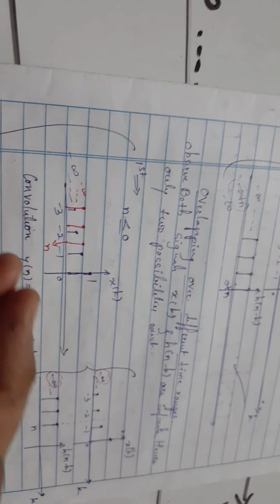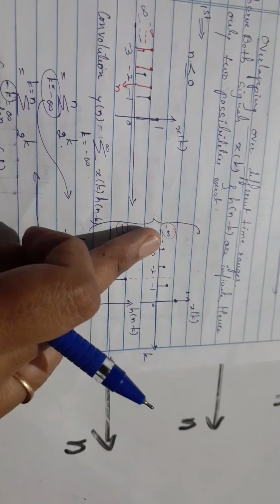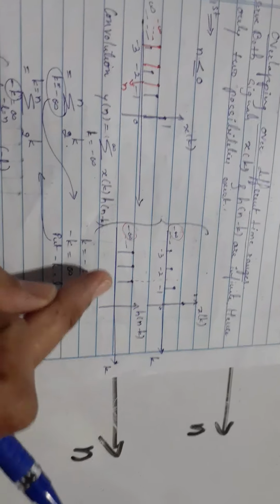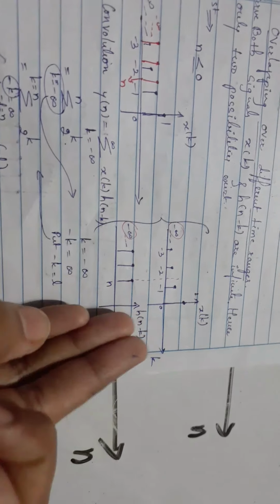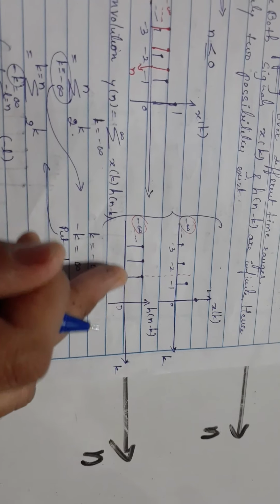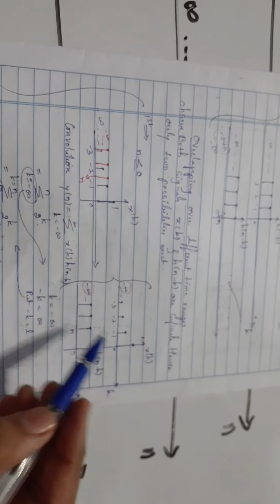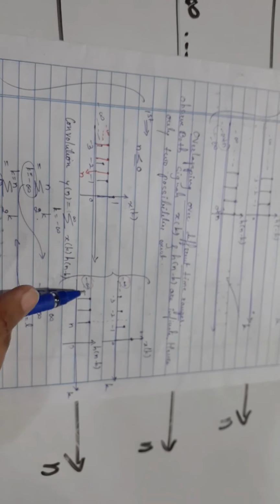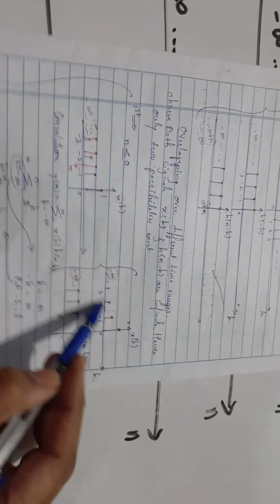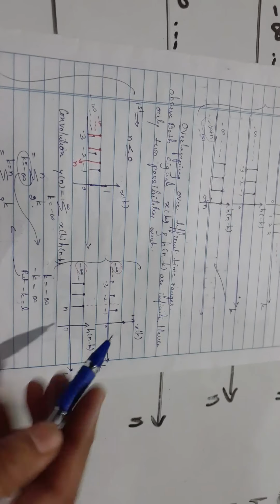Just to have the clear idea of the multiplication, let us try to draw the signals one below the other. This is your x of k drawn. Second signal I have drawn below, wherein I have kept the second signal h of n minus k before 0. This is your 0 point. Before 0 I have kept. You can keep anywhere. Now if you observe, what is the product available for you? Till what the product is available? If you observe, both signals are from minus infinity. So here both amplitudes exist. Until what the values exist? Until n.